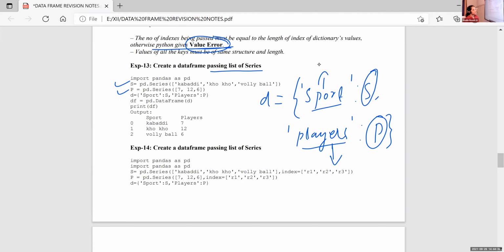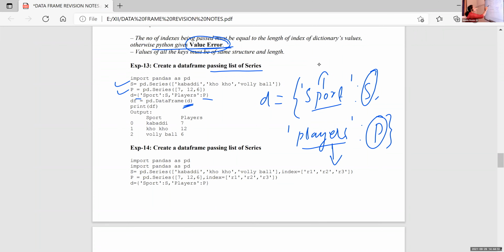So D is equal to, within flower brackets, the dictionary: sport colon S, players colon P. Then we create the data frame, pd dot DataFrame within normal brackets D. So it will print like this.